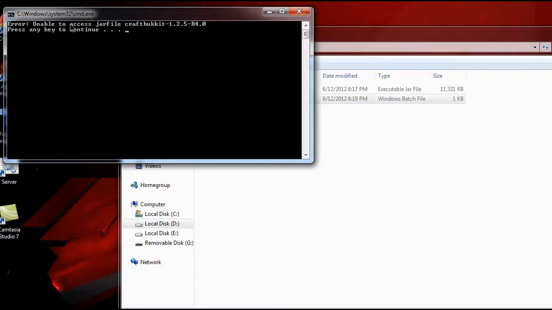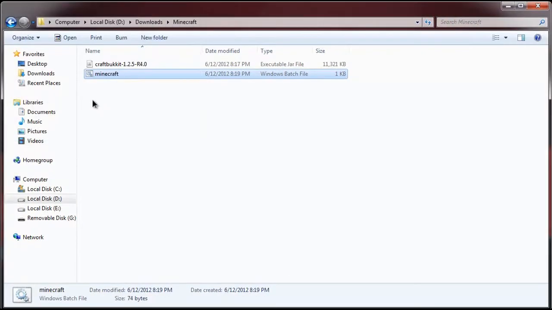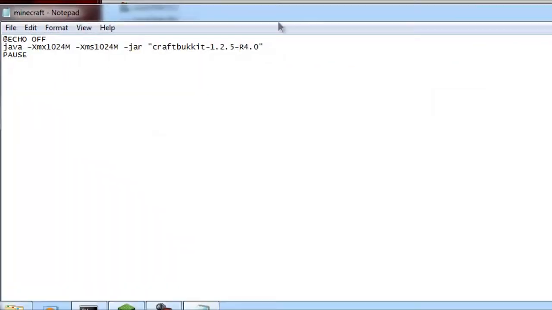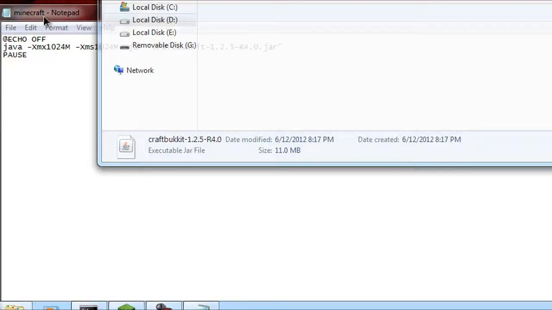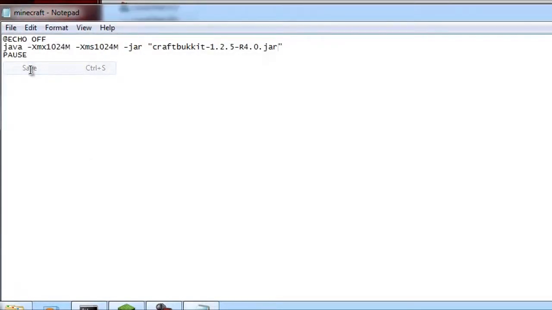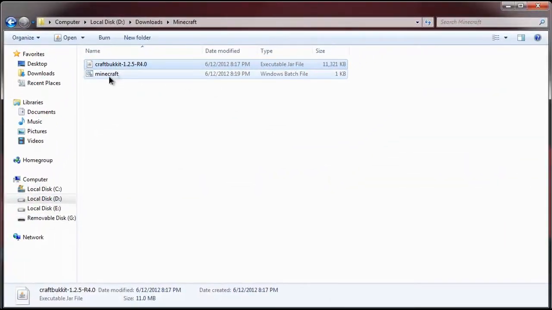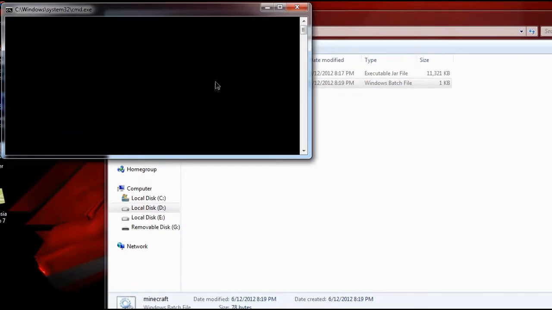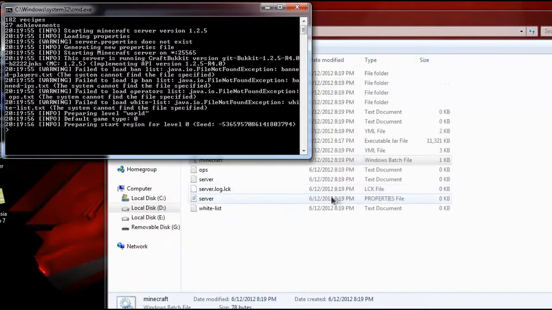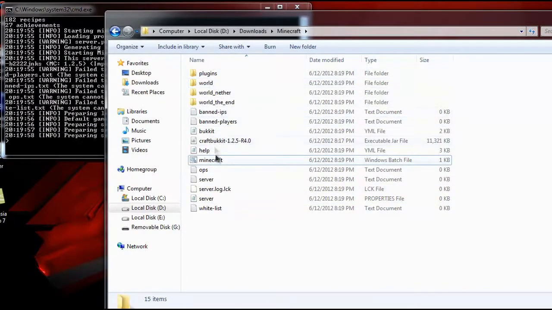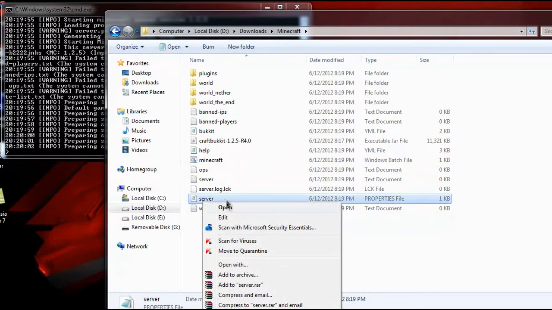Hold on, unable to access the jar file. Oh, okay. I forgot, you've got to put .jar, because this is a jar file. So then save, run this, it'll bring out all of these things that you need, and what you need is to open up the server.properties